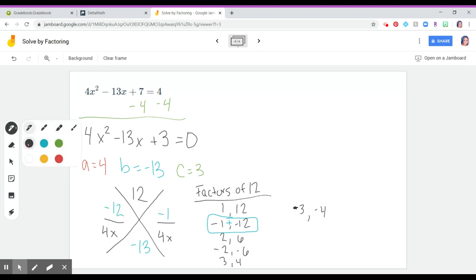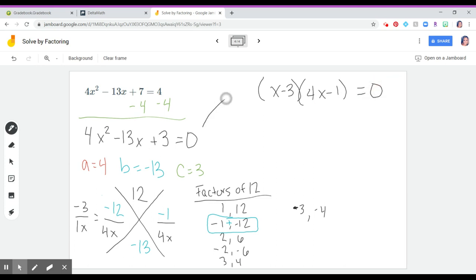And if you want to go ahead and reduce first, so negative 12 over 4 reduces, we can reduce it by 4, so we get negative 3 over 1x. So if I write my factors, I have x minus 3, and then I'll have 4x minus 1, and it equals 0. This is the factored form of this. We set each factor equal to 0